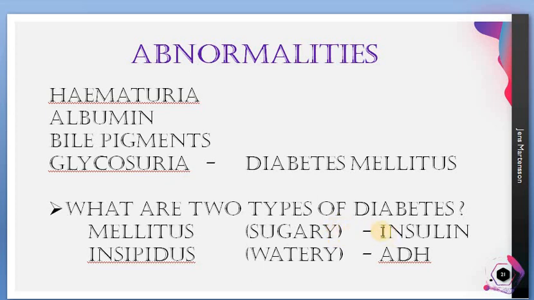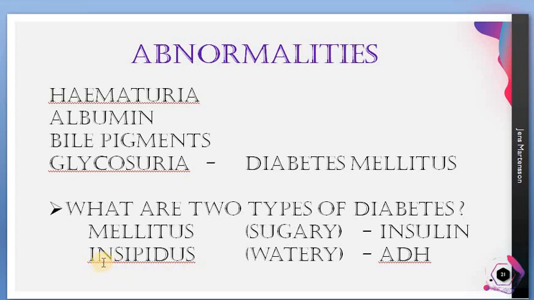When a person's body is producing less insulin, when insulin becomes insufficient, the person's urine becomes too sugary. The glucose starts to go out along with the urine. Can you understand that? When insulin is too low in a person's body, the glucose starts to go out along with the urine. There is no taking back of glucose from the glomerular filtrate. That condition leads to diabetes mellitus. Okay, so this is the first one.